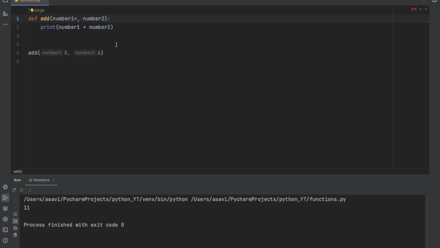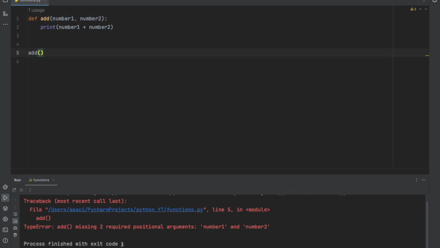We can add default parameters. For example, if I put nothing in this, if I just put add and I set parameters here, then it will throw an error because it's expecting the user to input these two parameters when calling the function. So to avoid that, and add a kind of default parameter, then you